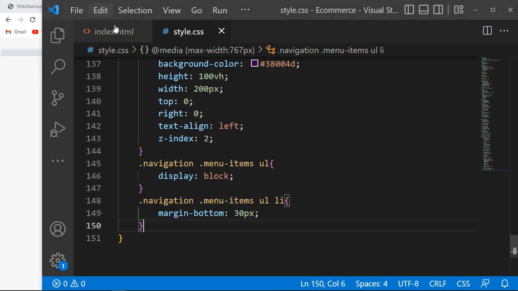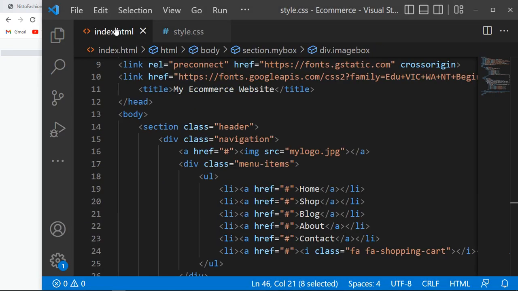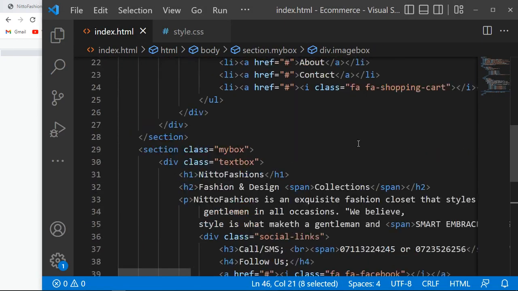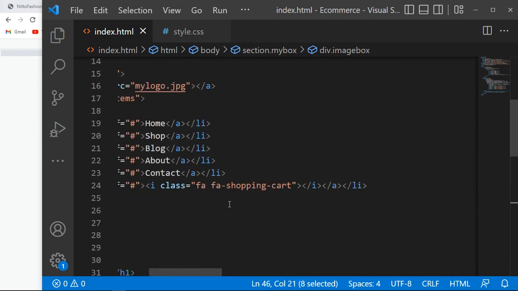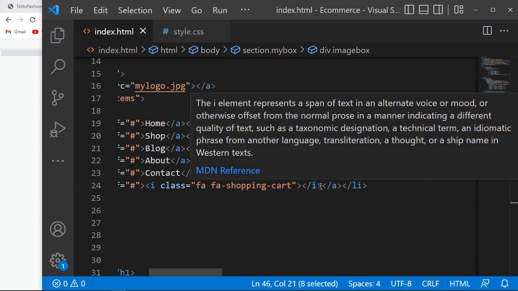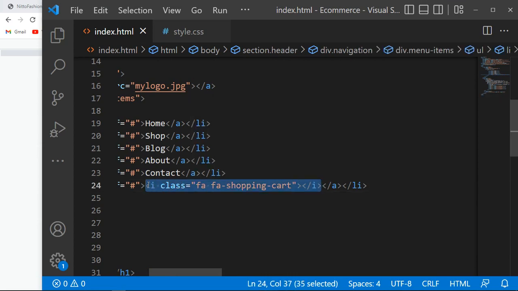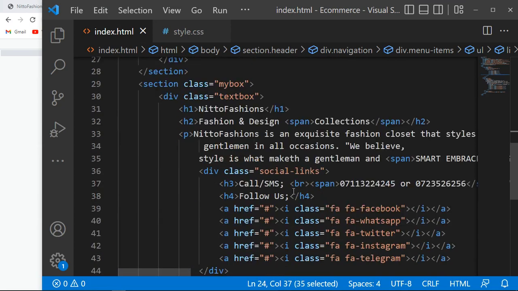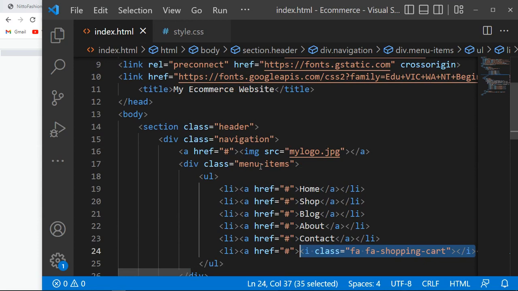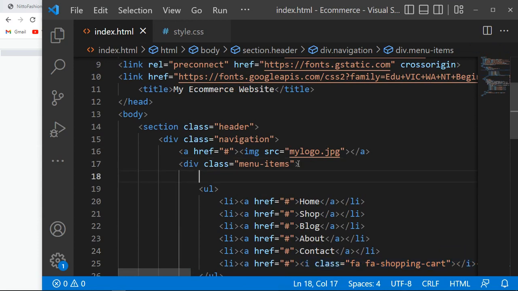Okay, with that, to do that, you just need to come here to your HTML. Just need to copy this. Just copy this. Then at this point, you just need to come to this point, just below here. You paste it there,